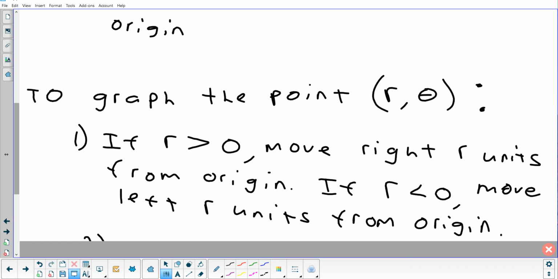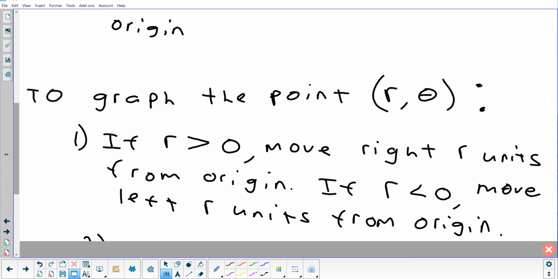Now, theta is an angle. Think about an angle. That's movement on a circle. When we talk about movement on a circle, it's not described as left, right, up, or down. What are the two ways you can describe circular movement? Yep. So many degrees or